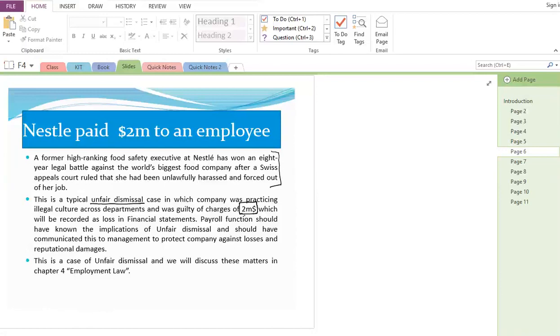So the accountant must have good knowledge and understanding of the relevant laws and regulations in which the company is working. The employment laws are part of chapter 4, and we are going to study these important points in chapter 4. So these were some case studies to help you understand